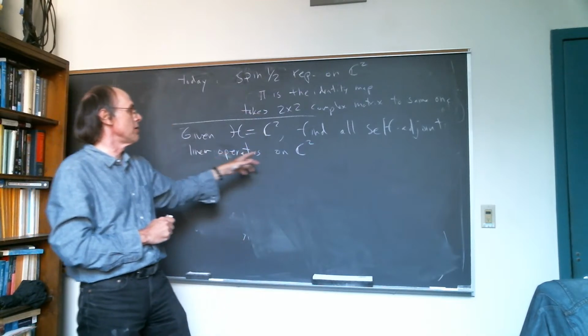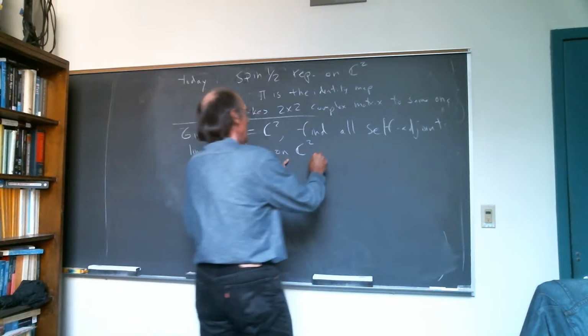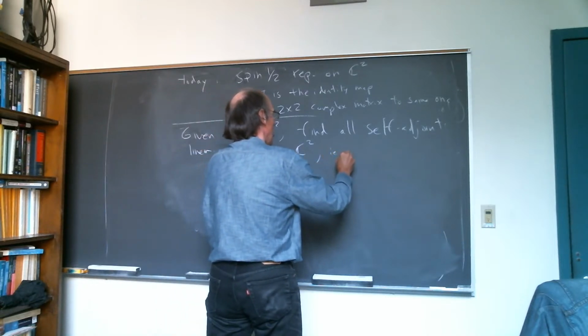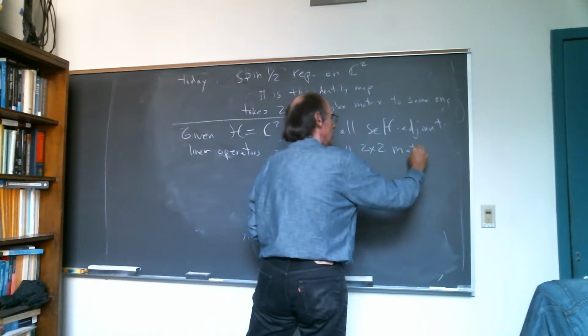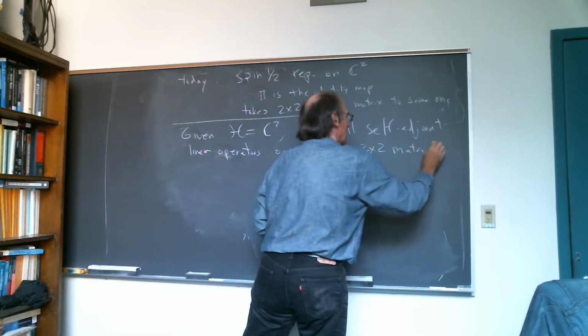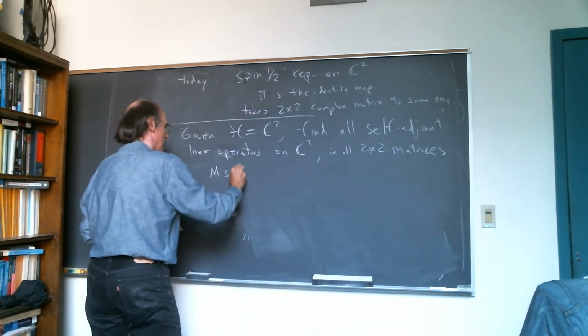So you want to find all self-adjoint linear operators on C2, i.e. all 2 by 2 matrices M such that